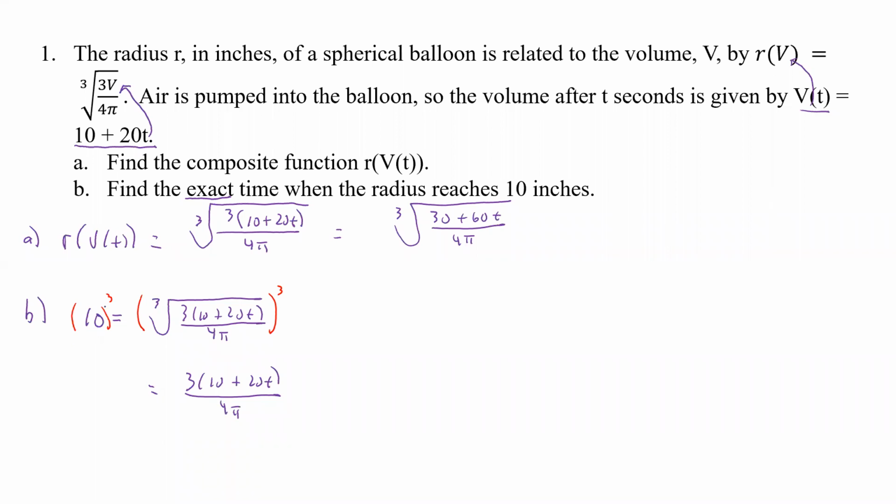And on the left, 10 to the third means 10 times 10 times 10, which is going to be 1,000. Okay, now what do we do? Well, again, we're on our way to solving for t. So let's get rid of that 3 over 4 pi. If we multiply by 4 pi over 3,